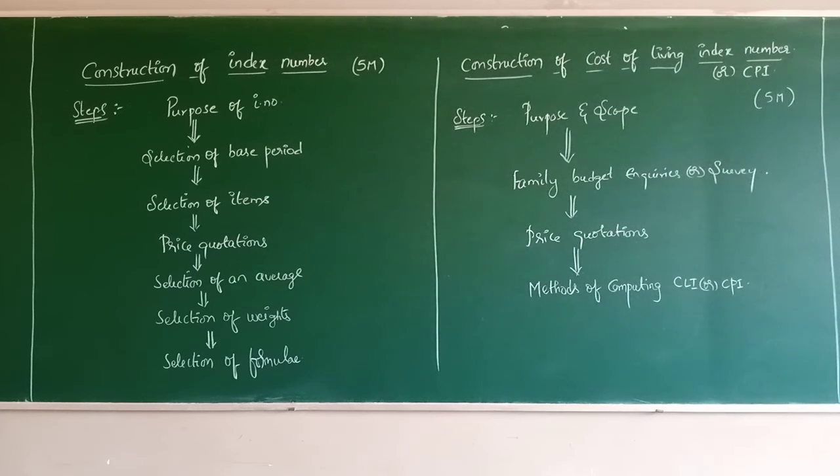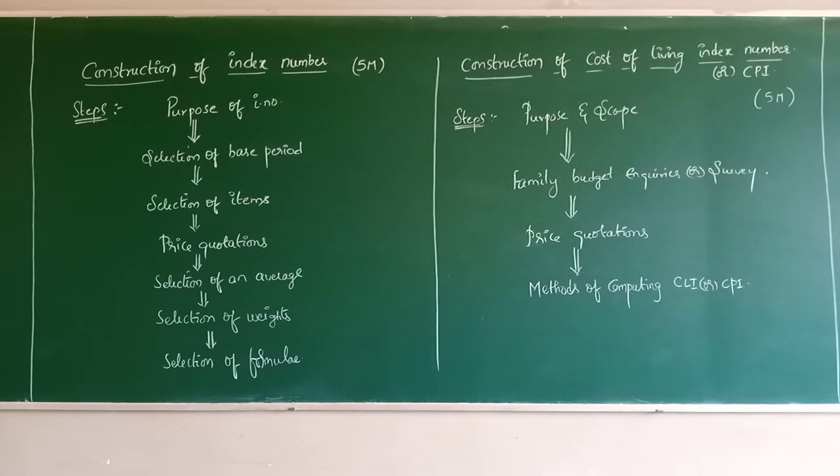And the fourth and the last one is computing the index number. Methods of computing the cost of living index number. There are two methods. One is the aggregative expenditure method and the second one is the family budget method. You know, the aggregative expenditure method is very similar to Laspeyres' price index, and the family budget method is similar to the weighted arithmetic mean. You know the formula. CPI is nothing but consumer price index, cost of living index or consumer price index, both are one and the same.